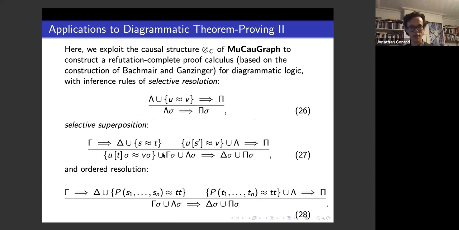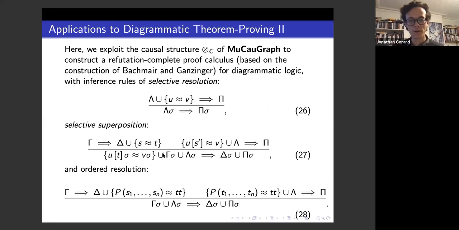So to see a bit more formally how we do that, in our second and third ZX calculus papers, we took this construction of a refutation complete proof calculus for first order logic with equality due to Bachmair and Ganzinger. We extended it to diagrammatic logics, and we introduced these rules of selective resolution, selective superposition, and ordered resolution, which are effectively taking the ordinary resolution and superposition calculus rules from equational logic and introducing this kind of